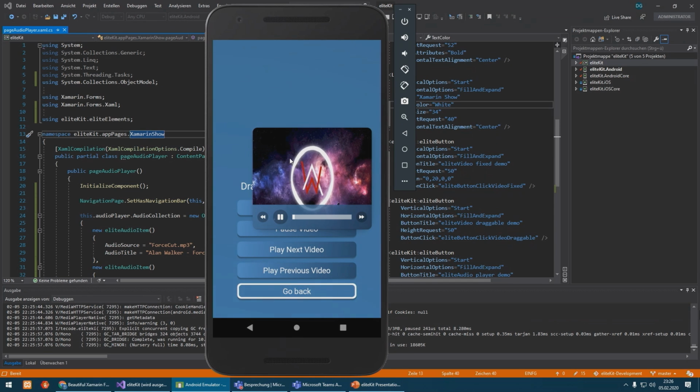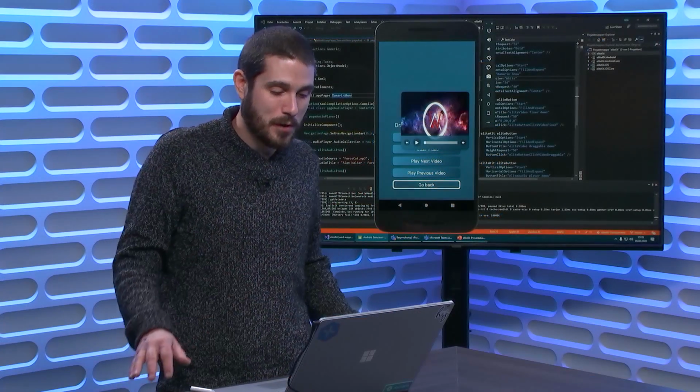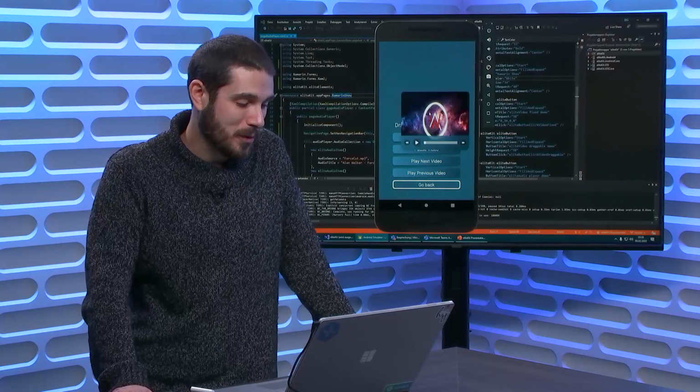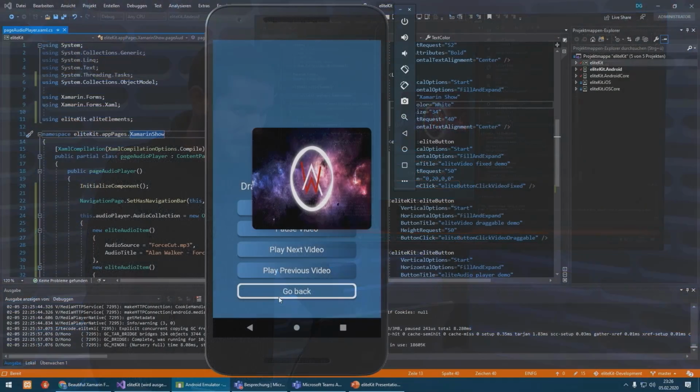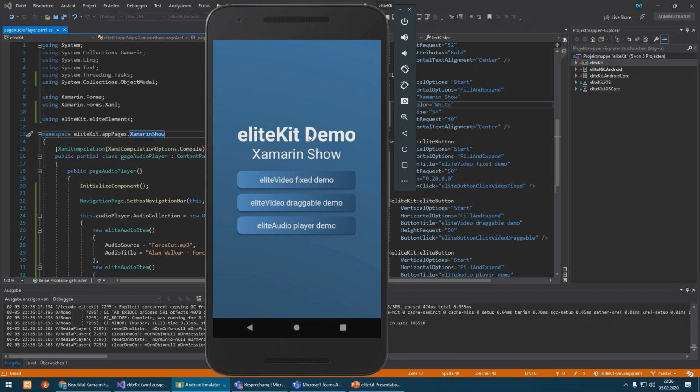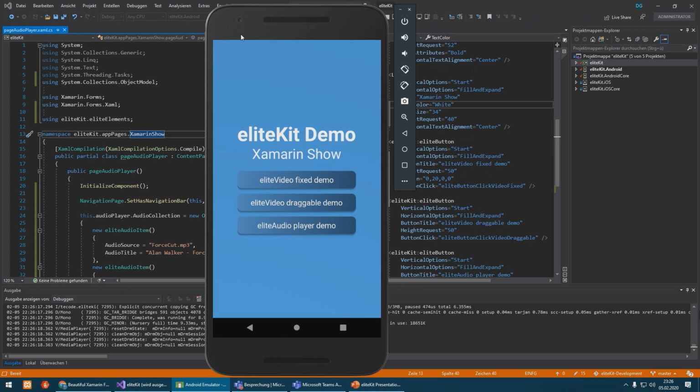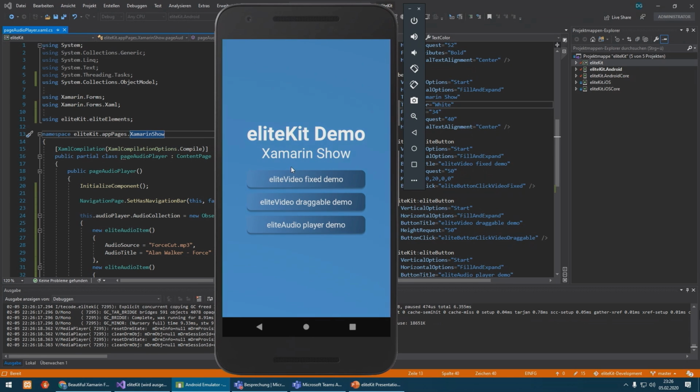Play it again. That's neat. But we're also planning maybe a pan gesture, so it would be possible to resize the entire video. Oh, very cool. So right now you just drag it around, but maybe in the future even do more resizing and whatnot. That's really cool. Yeah. We have a lot of properties planned for the future, but right now the Elite video and audio players are in beta because we have encountered some small, minor problems, but we've already patched them for the current version, thankfully for Ricardo for his investment into doing this.